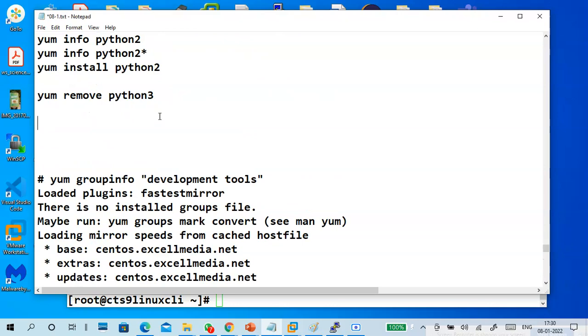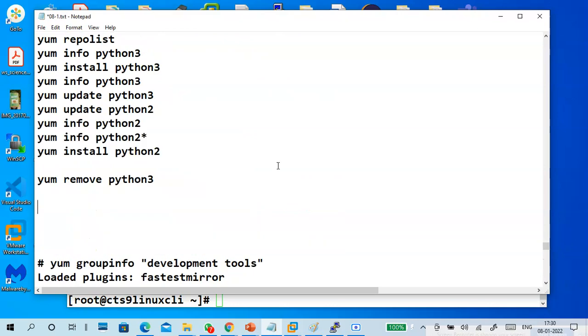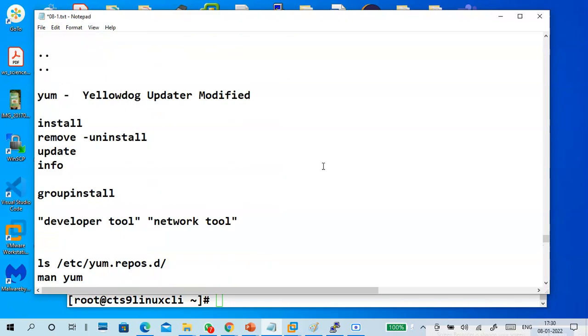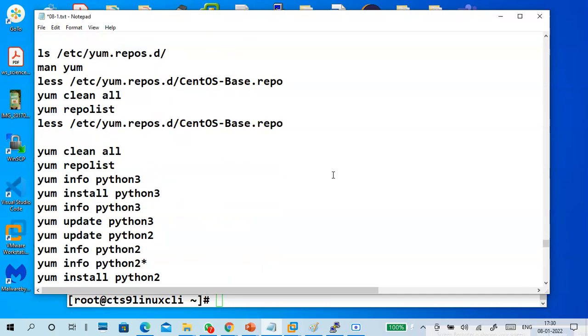Like that we can do group info, group install, group uninstall. We can install a group of files. So it is development, not developer. Like this we are able to manage groups also, and practically we are going to try it.